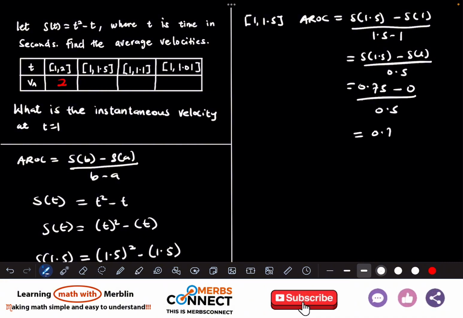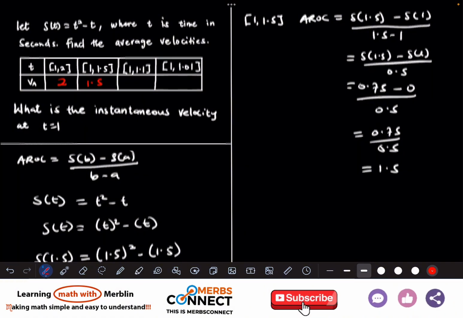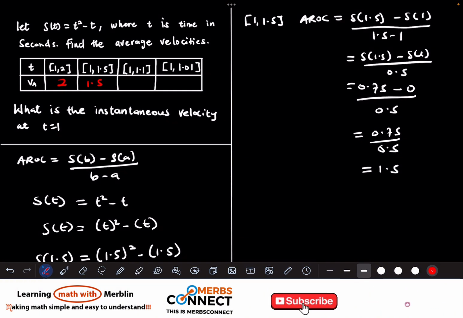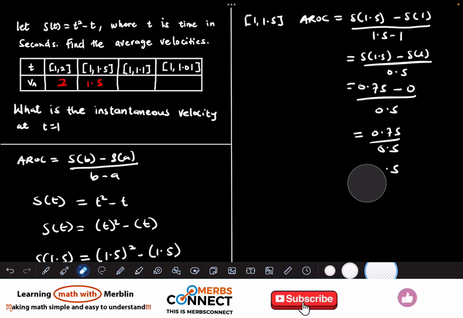So 0.75 divided by 0.5, and this is going to give us 1.5. So the second box is also going to give us 1.5. So it's the same process. So the next interval that we need to also work on is we need to work on the